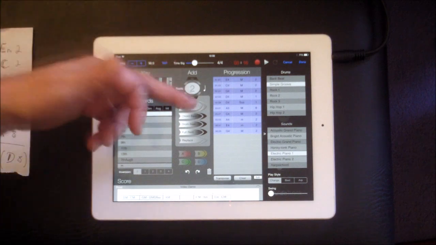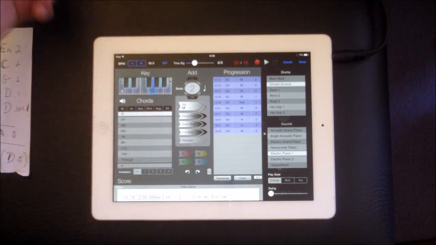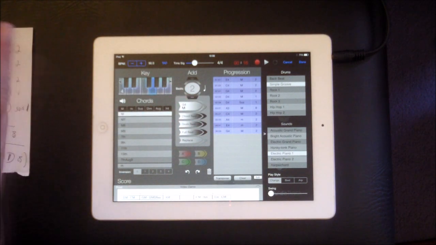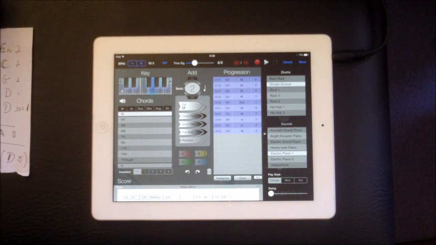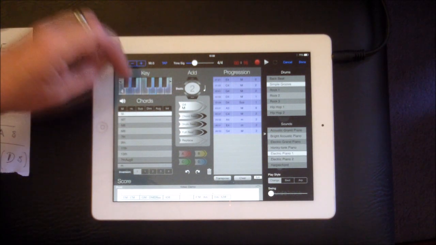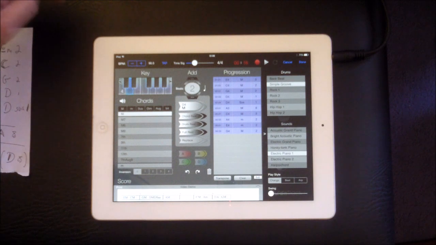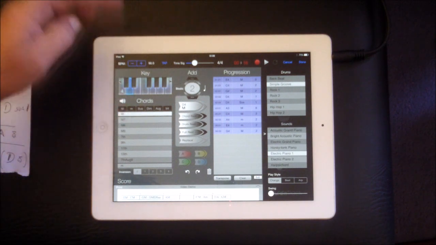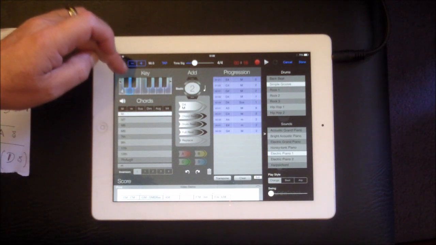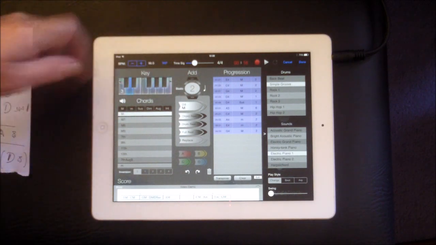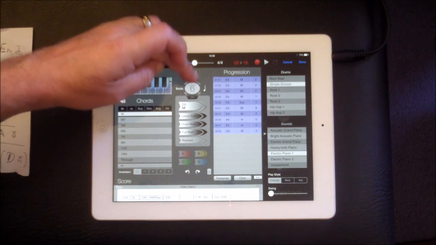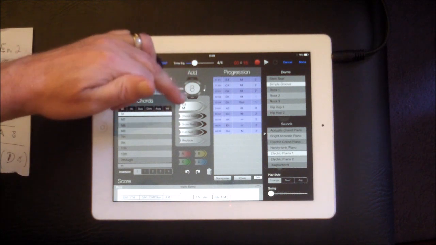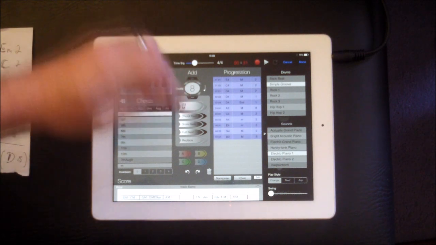And my bridge then, I want a bridge to go back into the verse or a middle 8. But this is about as far as we're going to go because we haven't got a whole day. So select D, because it's a D chord that I want. And it's D major. And let me just see what it sounds like. Yeah, there. And I also want that to play for 8. So in it goes for 8 beats.